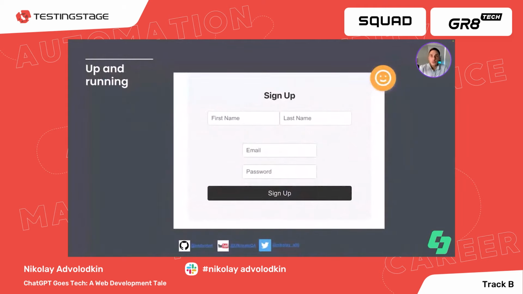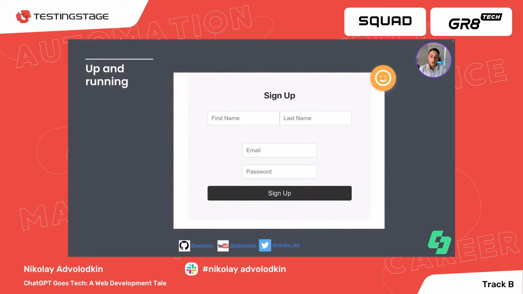All I had to do was create my own React application using create React app. And once I had that entire folder structure and package JSON and so on, all I did was drop in the HTML and the CSS. I put them in their own files, dropped them inside of my web application, and then started up the local server. And here we are, a login component. Is it beautiful? I don't know. It's not bad. It certainly took me only a few minutes to be able to generate this. And so it's pretty cool.